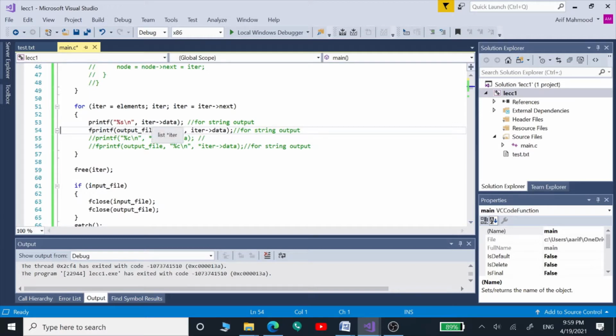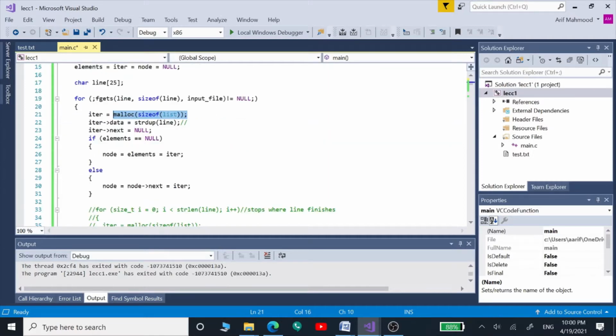Then we have used the printf function to display the contents of our list one by one onto the console window using this %s. And then we have our second function, the fprintf function, with which we are going to store the same things into an output file as well.